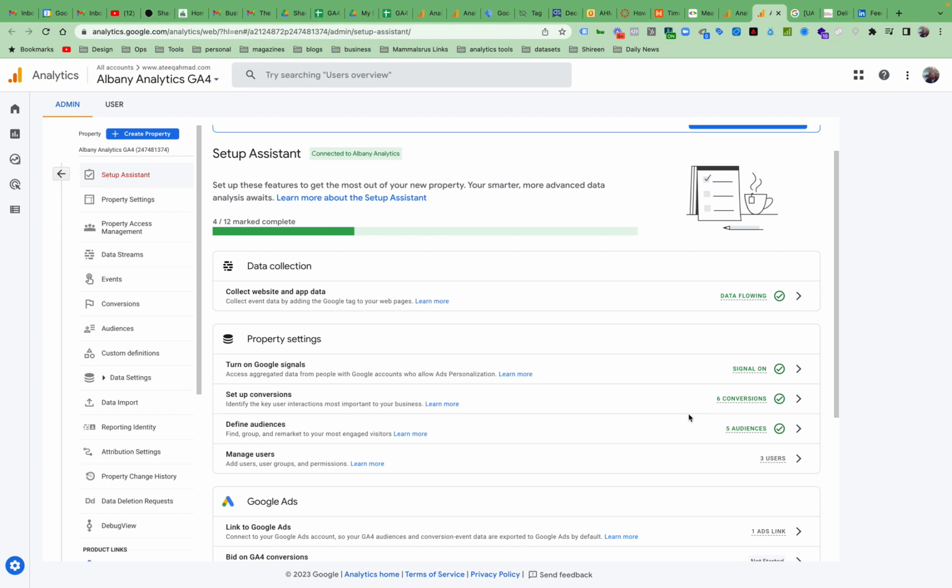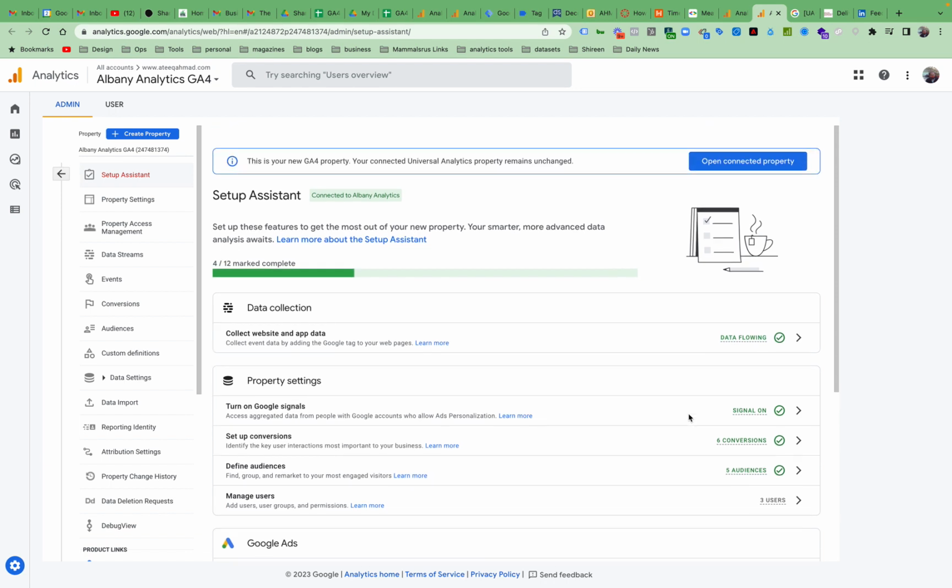And those who have not exported or not gone into creating GA4, please use this warning as a way to do this. This setup assistant is fairly basic, but it does stuff, okay? And it does what you need. It will set you up with a basic setup. You will probably, if you're just starting out, you'll need to get the data stream running,